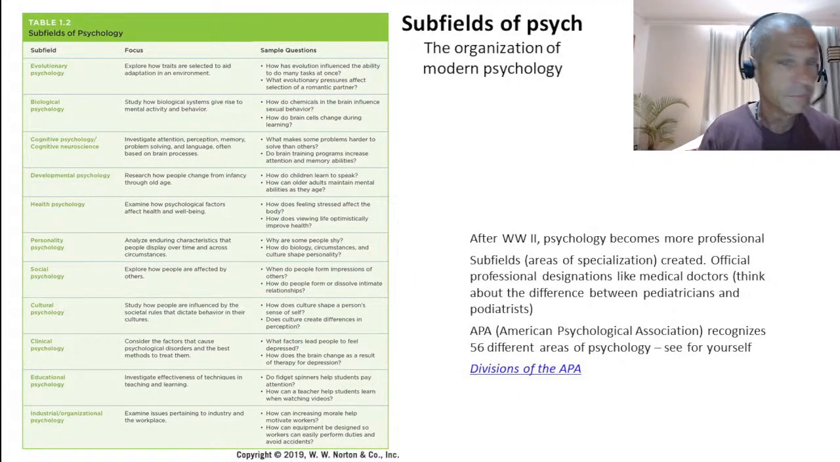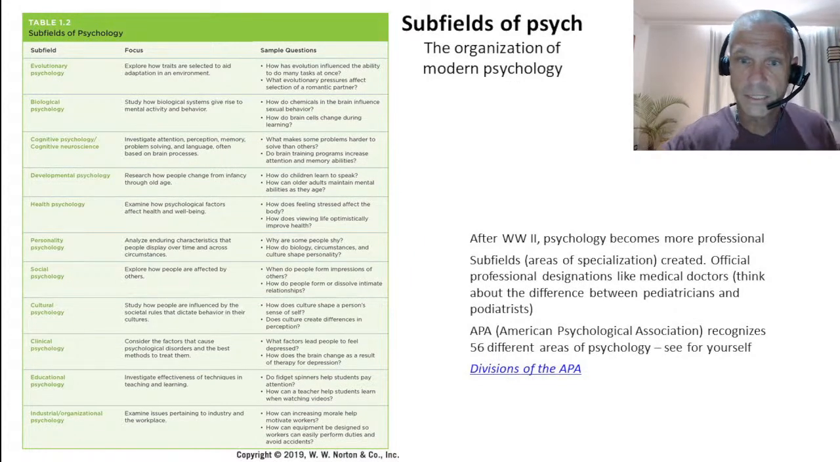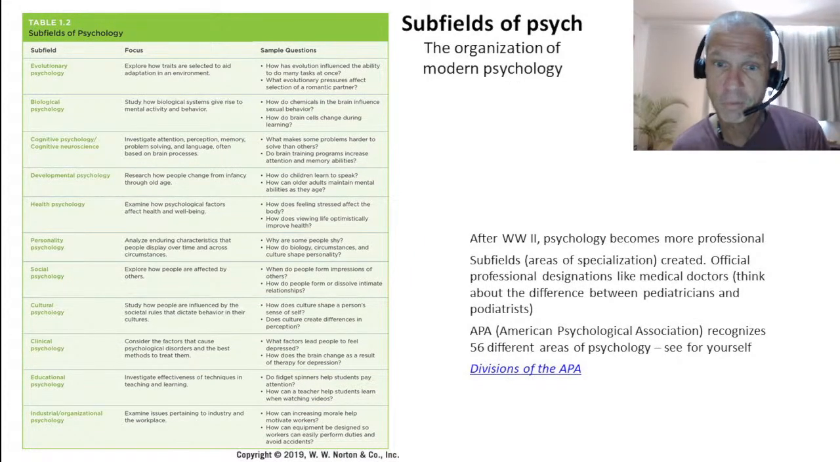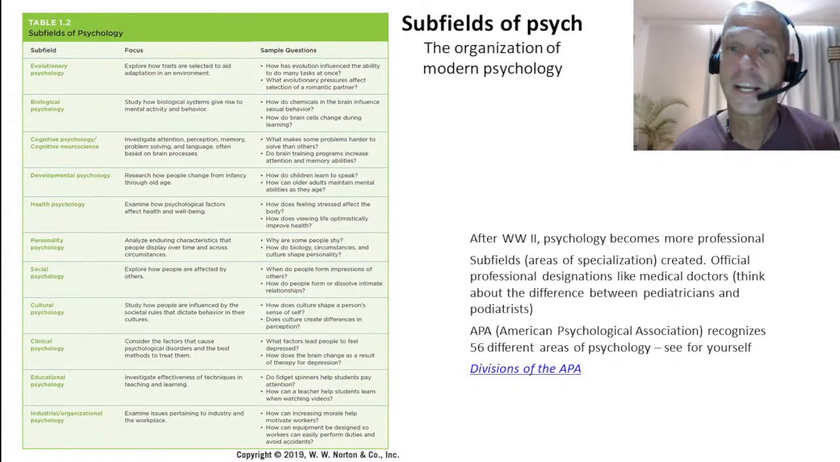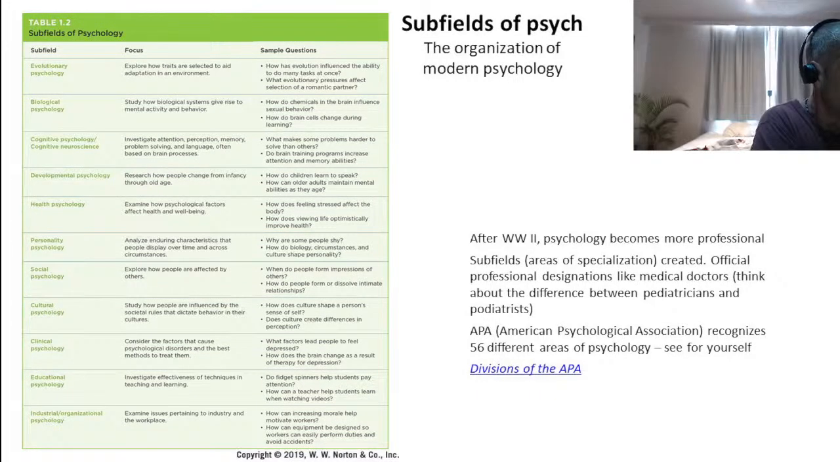All right. So these subfields, the areas of specialization, official professional designations. Now, here's the thing. When you go to graduate school, you